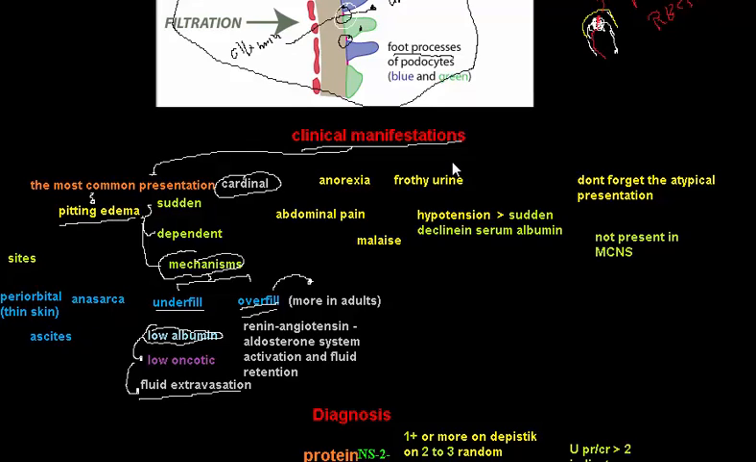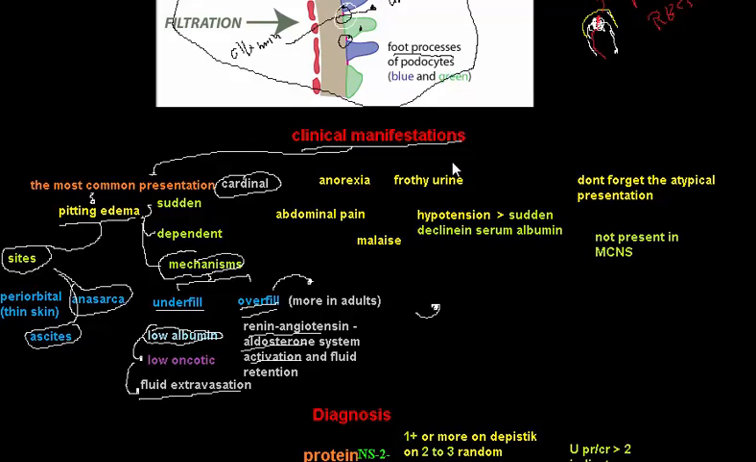The overfill theory says that we have renin, angiotensin, aldosterone overproduction or overactivation. Okay, that will lead to fluid retention and eventually to the edema. Okay, the sites of edema are multiple, maybe anasarca, generalized edema, we may have ascites, okay,